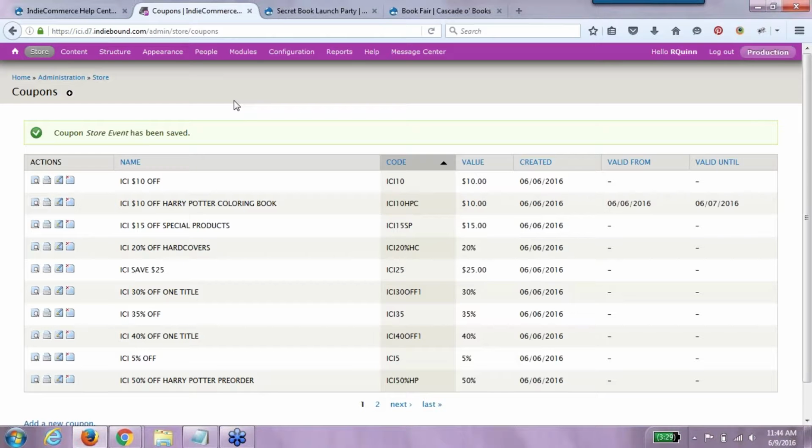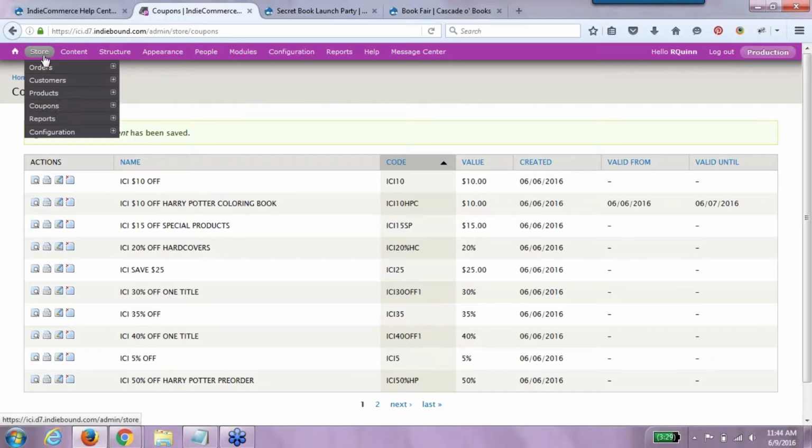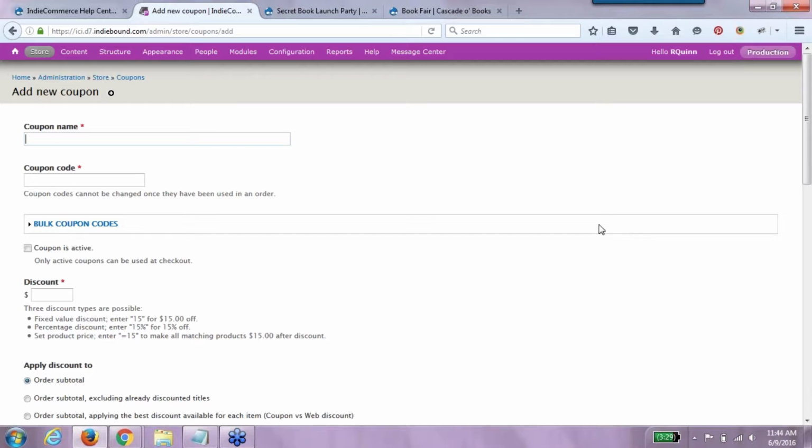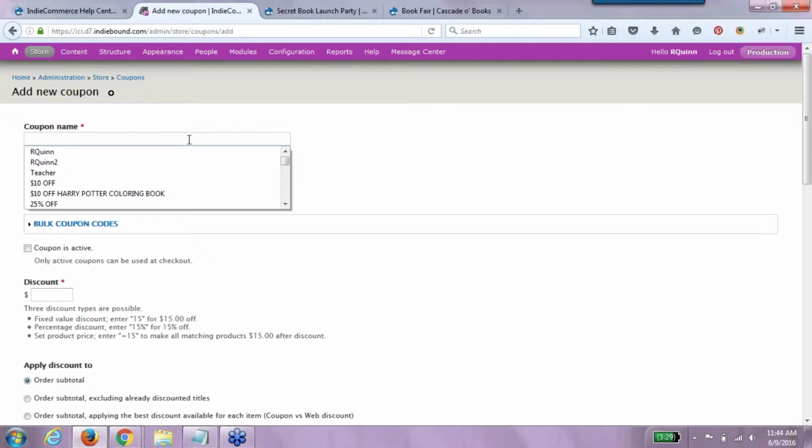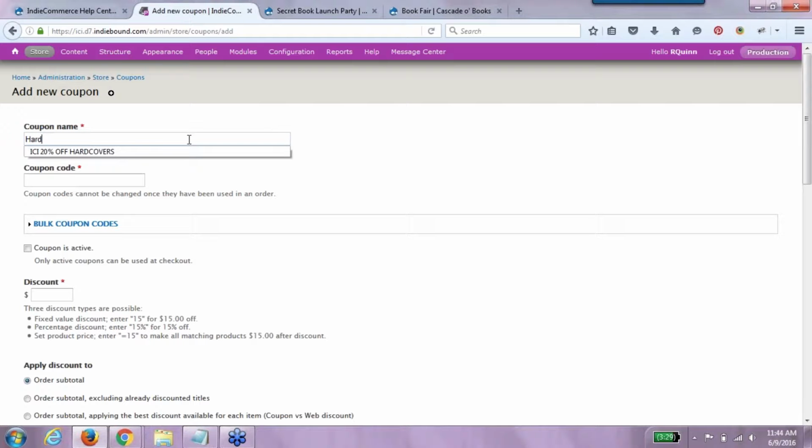Another option is that you can discount the total of a certain set of products. So if we go to Store, Coupons, and Add New Coupon, we're going to say we're going to discount all hardcover books. So this is our hardcover sale coupon, and we're going to discount them all by 35% off. Coupon is active. Enter in my discount amount,